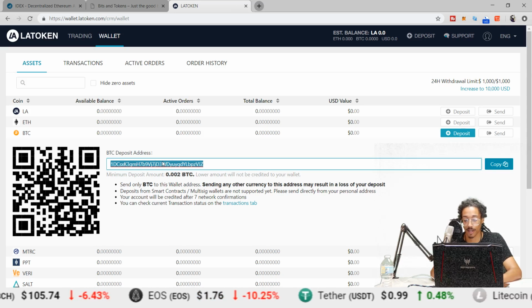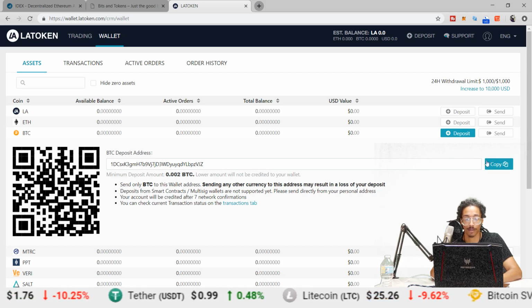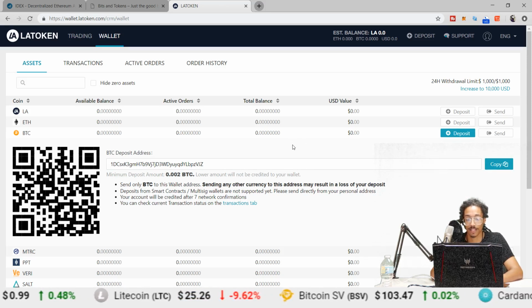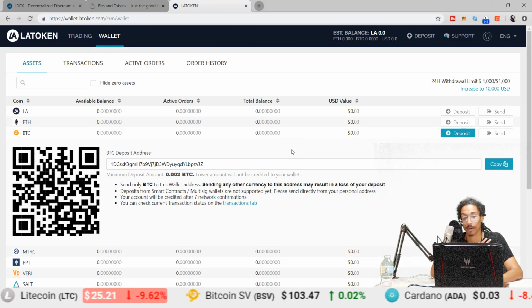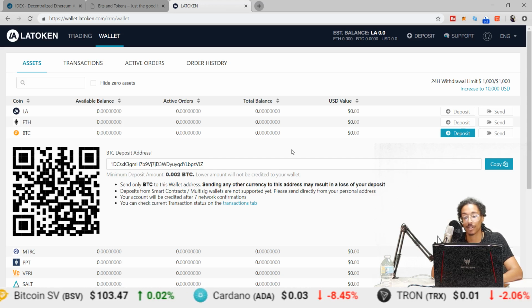either highlight this and press Control C, or I'll go right over here to copy. It'll tell me that it's copied. You see that little pop-up there. So once that's copied, for me, what I'm going to be doing is sending Bitcoin from my Ledger directly over